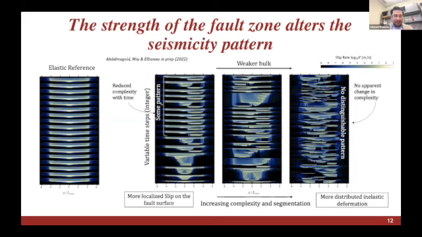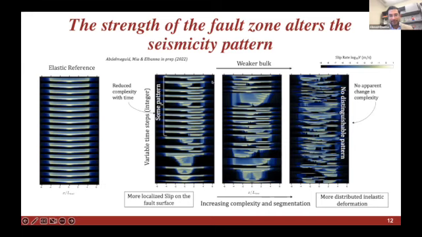So after understanding this interesting evolution of plastic strain accumulation, we looked into the impact on seismicity. And here I'm showing just a few examples. When you get an elastic reference case, where you didn't engage plasticity at all, for the parameters we considered and fault geometry length we are interested in, we get just periodic events that are fault spanning as well. But as you start engaging plasticity, we observe a transition from quasi-periodic, or at least clusters of events, to a completely spatiotemporally complex distribution of events.